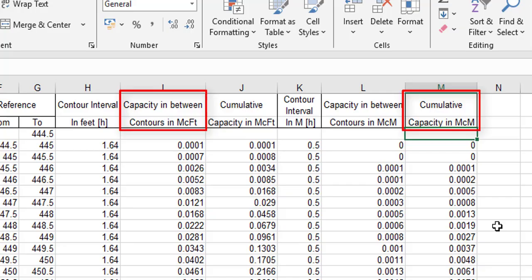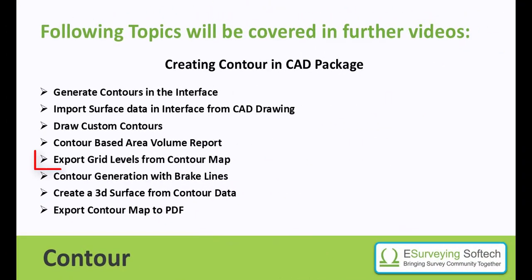ponds, lakes, and dams. In the next tutorial, you will learn how to export data from a contour map using